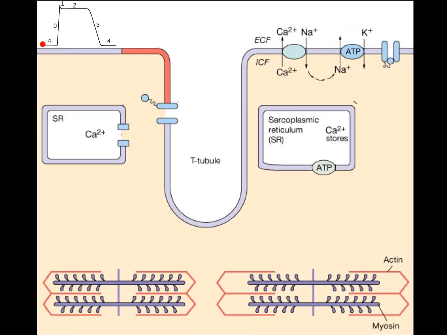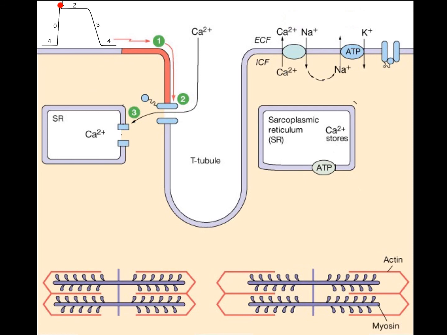This is the schematic representation of a myocyte, where we can see there are transverse tubules, the sarcoplasmic reticulum, which is the intracellular calcium store, and the actin myosin fibers, which actually cause the contraction. Now whenever there is impulse generation, along with sodium ions, calcium ions enter the myocyte, as we had seen, and this was happening in the depolarization phase.